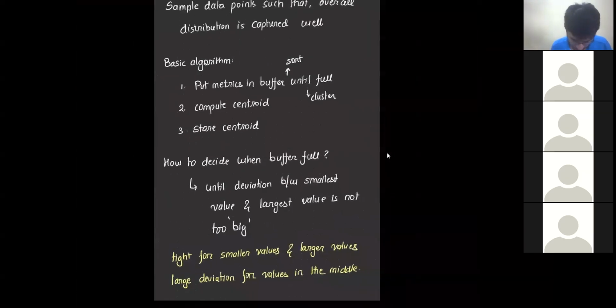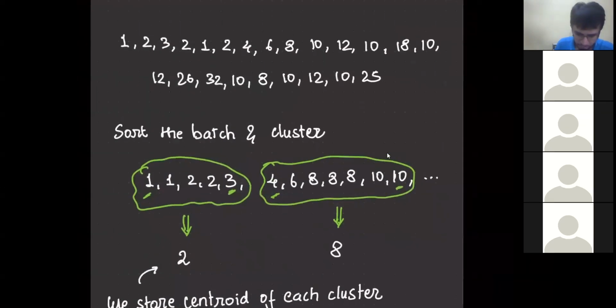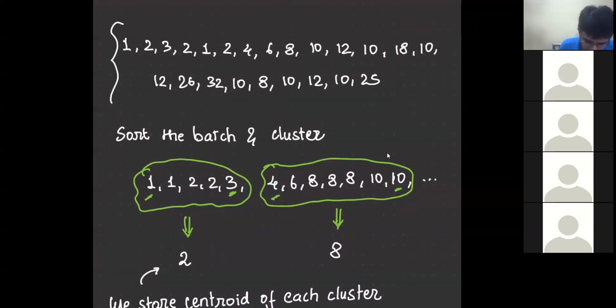Okay, so let's take an example. Let's say these are the points. This top row is the actual data that is coming into my system. These are, let's say, the response times of my APIs in milliseconds, streamed to my New Relic server. Now, once I get this data, let's say this is one batch. Let's say I've hard coded that my batch is full when I have 1,000 data points. Once I have 1,000 data points, what I would first do is sort these numbers.